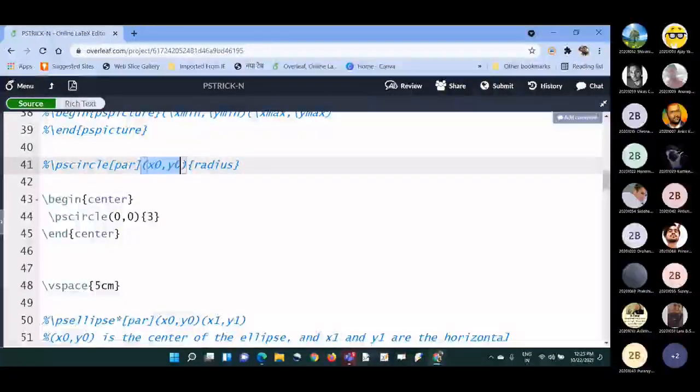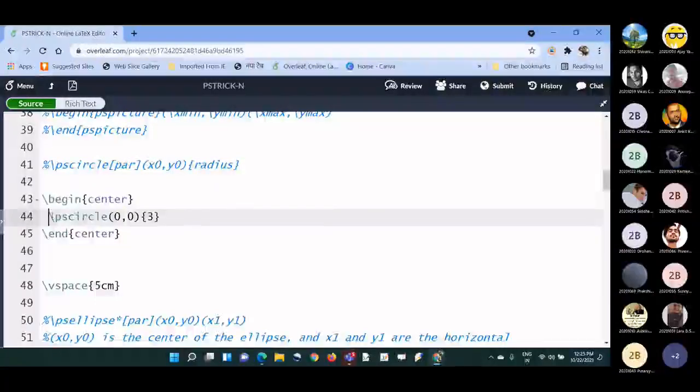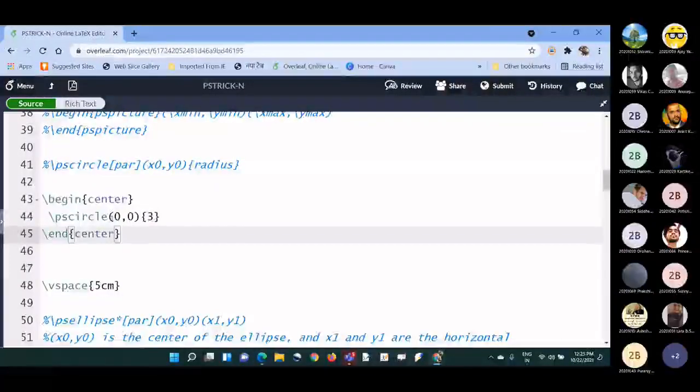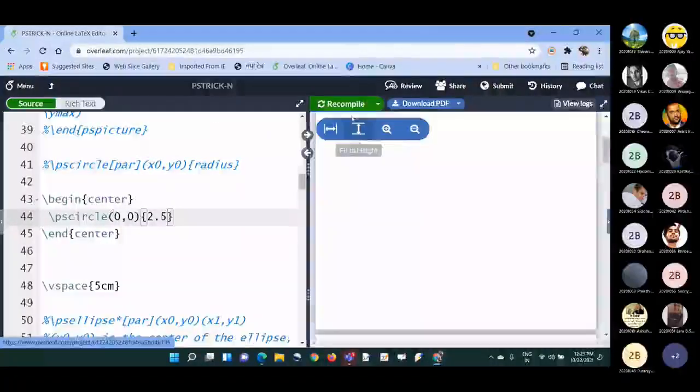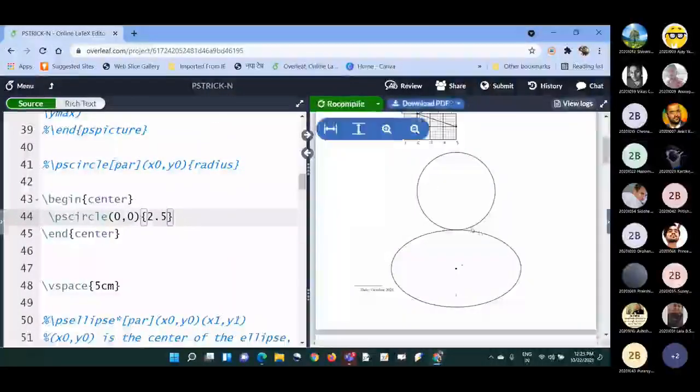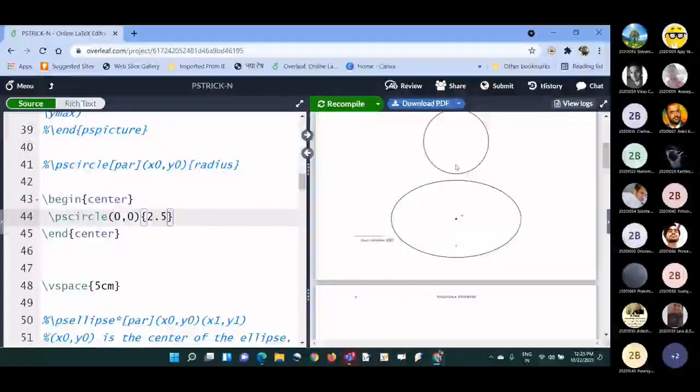Then (x0, y0) is the center, and in curly braces you type the radius. Begin center, end center is for alignment. Then write \pscircle centered at (0, 0) with radius 2.5. Once you execute this, you will get this kind of circle. Then you can change the line style and all that I explained in the last lecture.